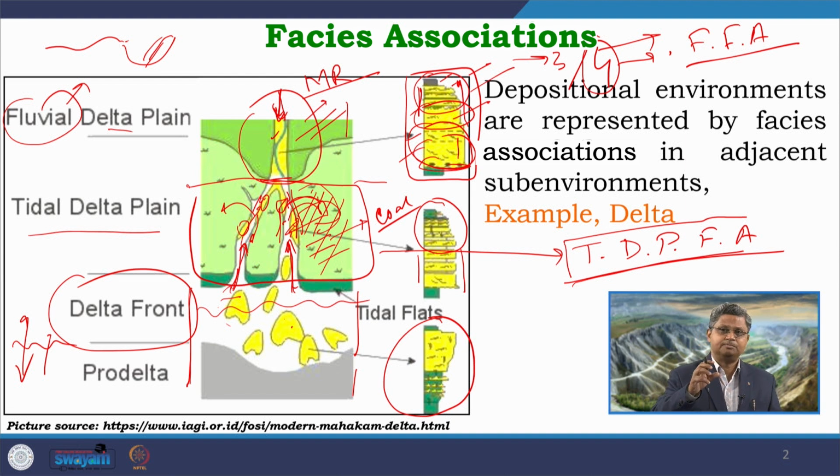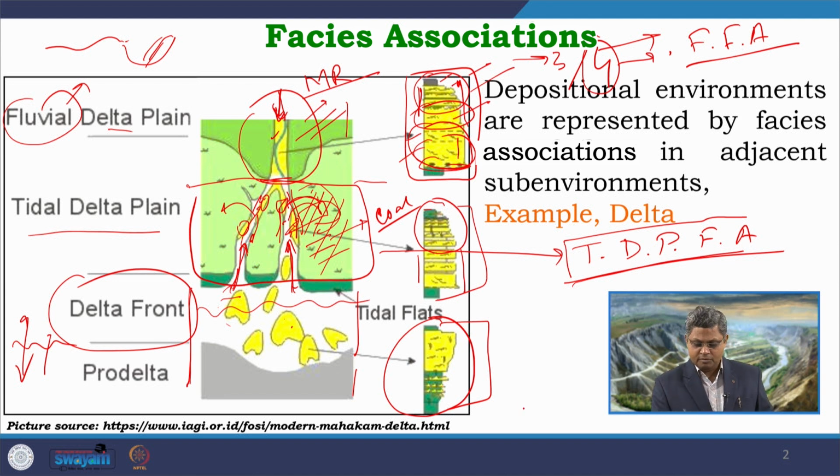So this is the concept of facies association, where we are trying to look at individual facies types. Now just forget about this delta, just look at this succession, these logs. In the outcrops, maybe they are occurring as this kind of vertical sedimentary log. So looking at this log, using the concept of facies, I can club this part as one facies association, I can club this part as another facies association, and I can club this upper part as another facies association.